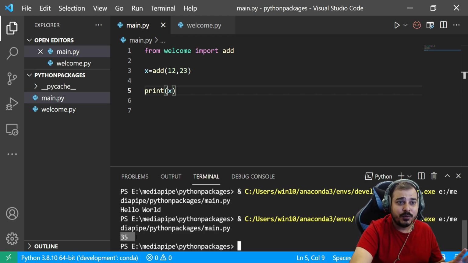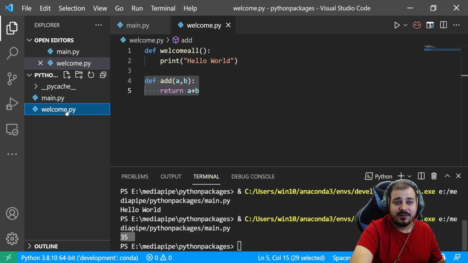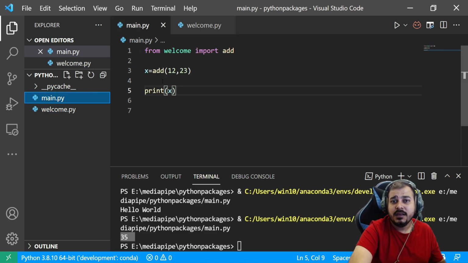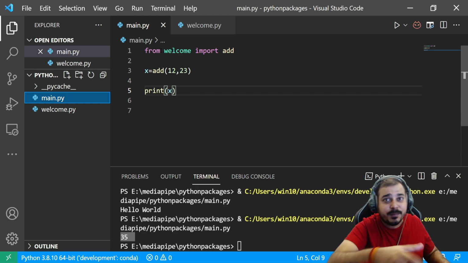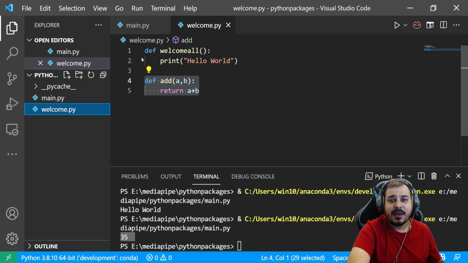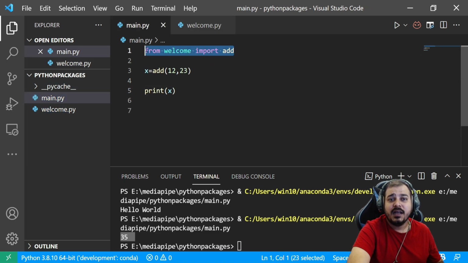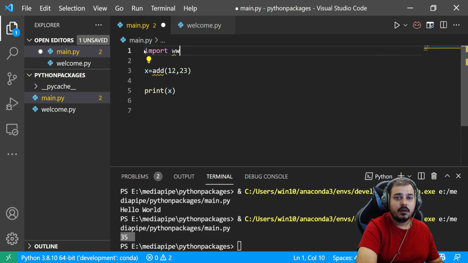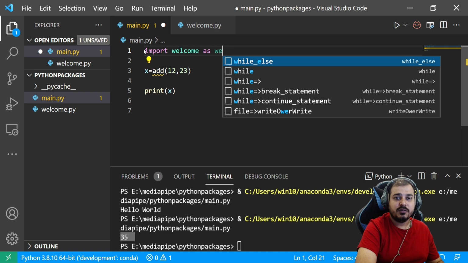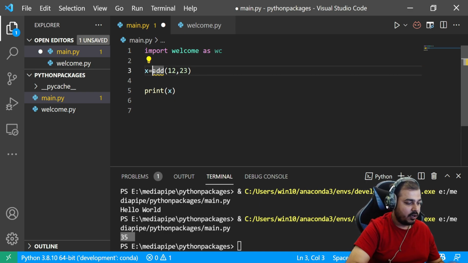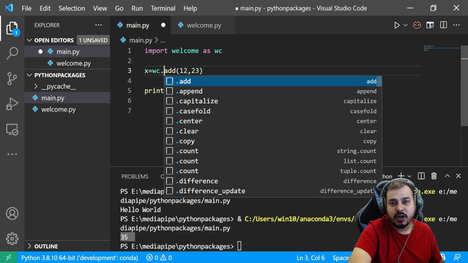So very, very good. You have understood that with any number of import statements, if I have multiple functions, I can definitely call them over here by just writing, from that specific module, which function I want. Now, sometimes I may also have a scenario where I want to call all the functions. So there are two ways. I'll just say import welcome as WC. Okay. And this WC can be used as WC.add or WC.print all or anything.